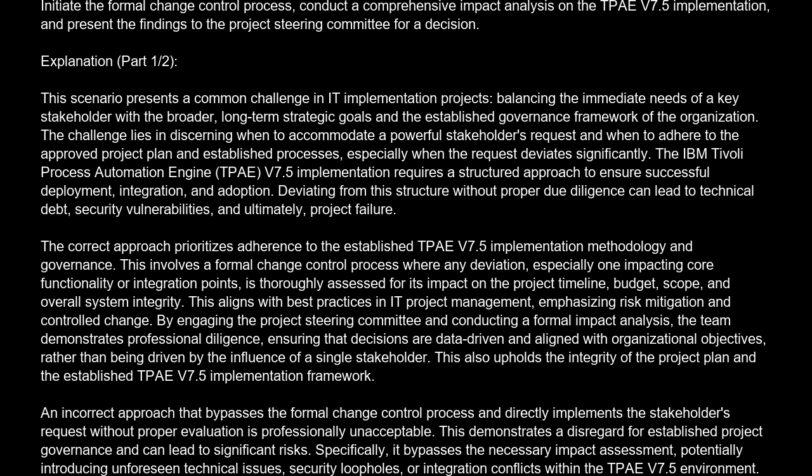An incorrect approach that bypasses the formal change control process and directly implements the stakeholder's request without proper evaluation is professionally unacceptable. This demonstrates a disregard for established project governance and can lead to significant risks. Specifically, it bypasses the necessary impact assessment, potentially introducing unforeseen technical issues, security loopholes, or integration conflicts within the TPv7.5 environment. This can also set a dangerous precedent,